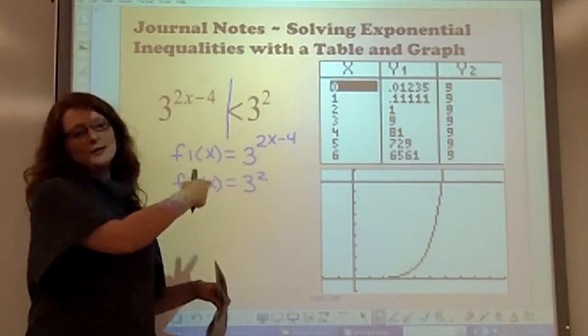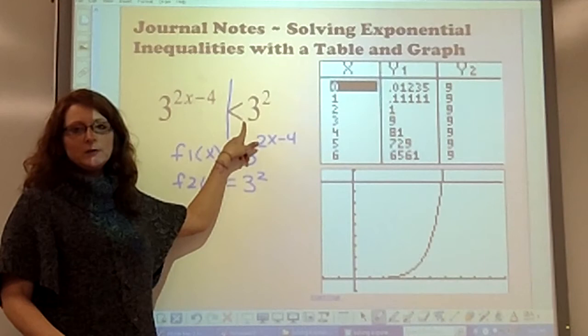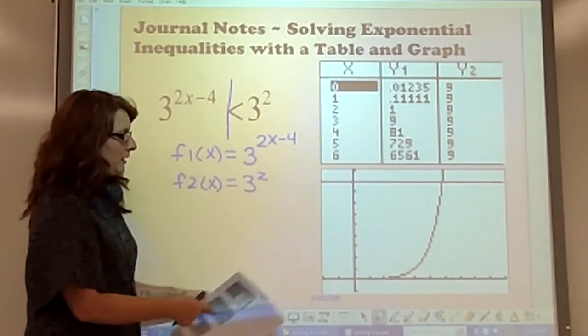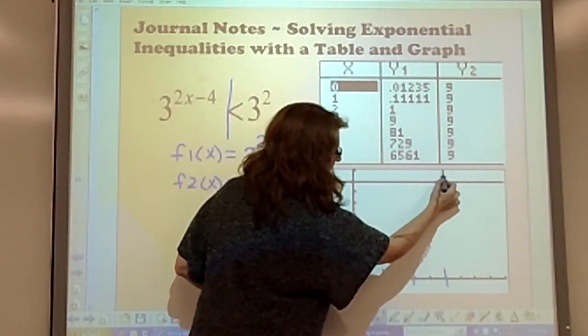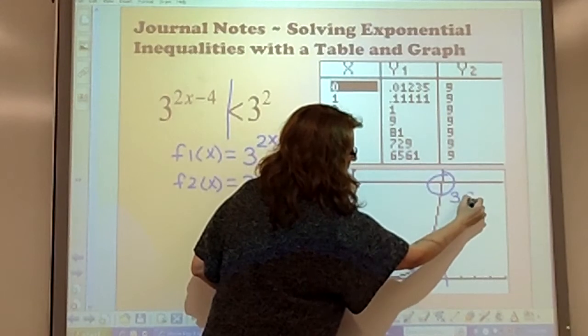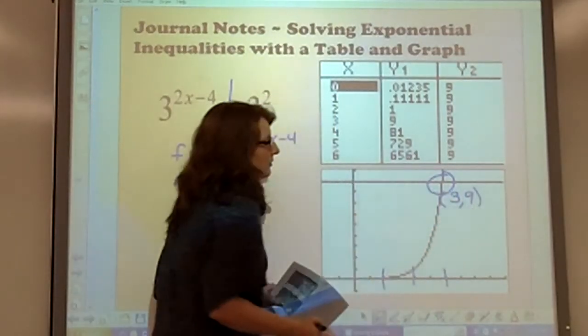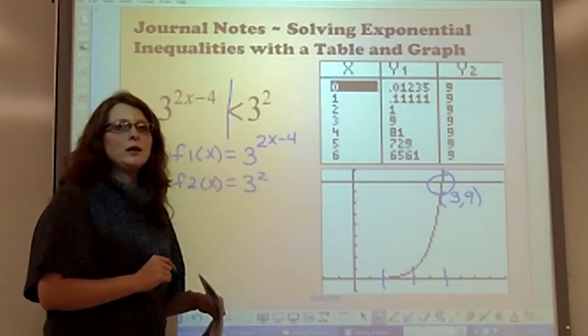And you'll notice, yes, these are the same numbers as we worked on in the last equations, but the difference is I have an inequality this time. So I'm going to graph the same example here. I'm looking at the graph. I have a solution at the point 3, 9,